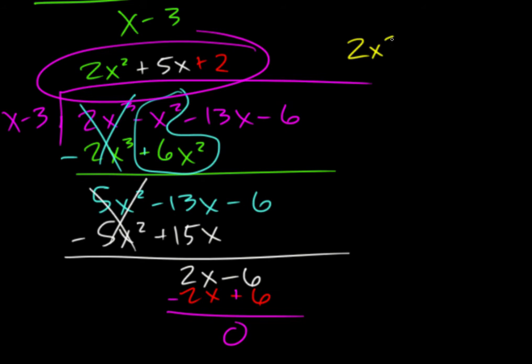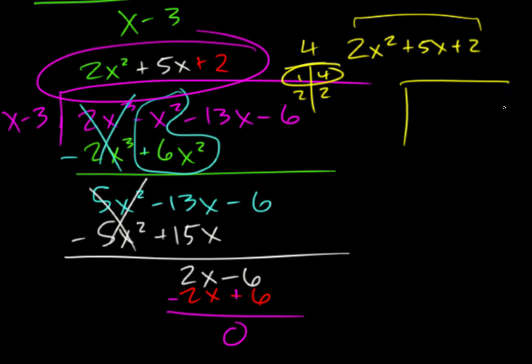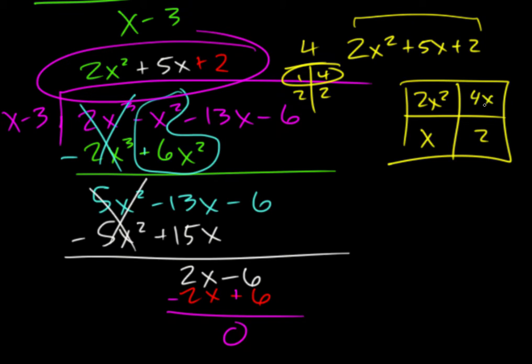So we have 2x squared plus 5x plus 2. We're going to have to use box method. So we do a 4, 1 and 4, 2 and 2. Add these together to make that. 2x squared, 2x, 4x, factor out a 2x, factor out a 1, factor out an x, factor out a 2, and so this thing becomes 2x plus 1 times x plus 2,